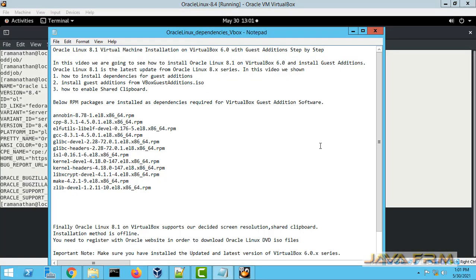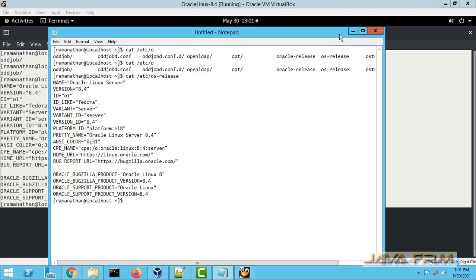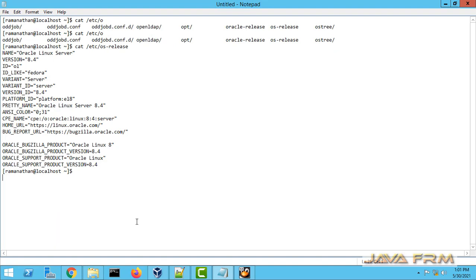Yes, I can copy and paste from the Oracle Linux 8.4 virtual machine to the Windows host.